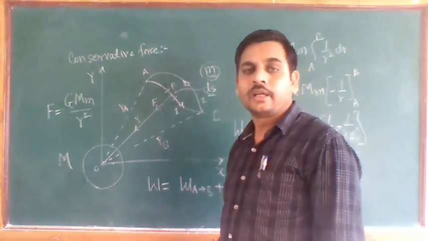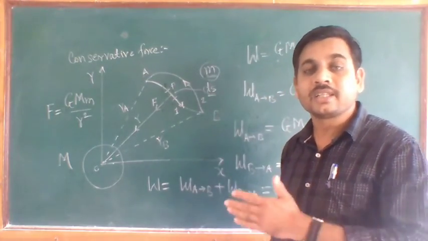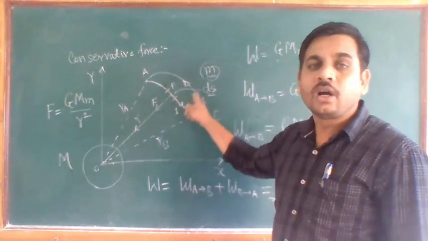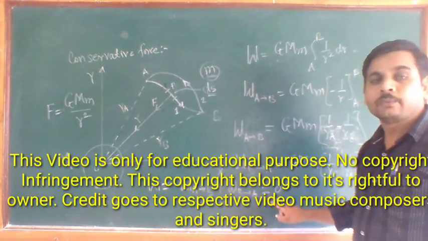In this example we are considering the gravitational force, and in this round journey or closed path loop, again you get the total work done, which is again